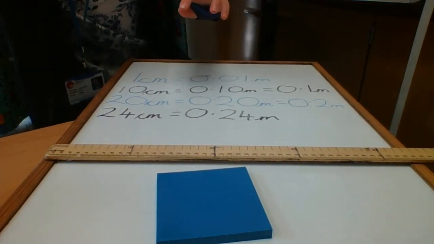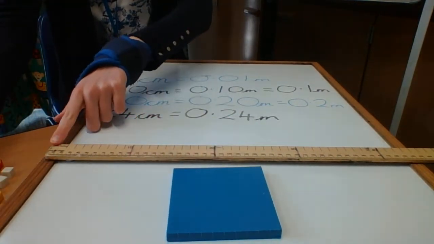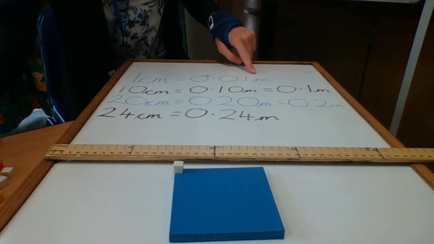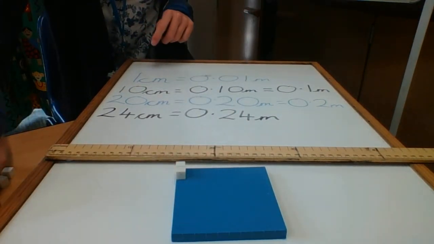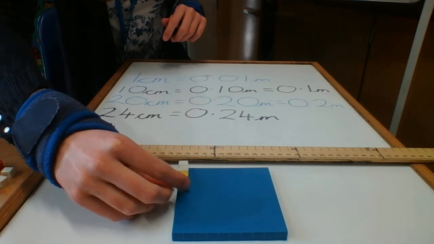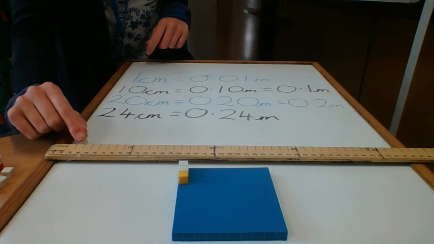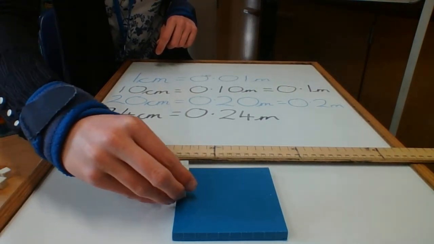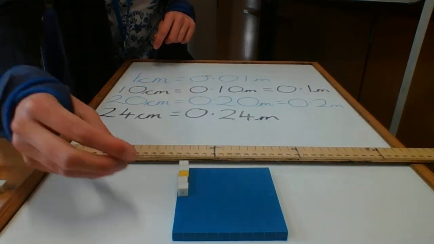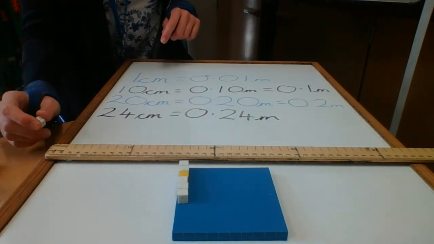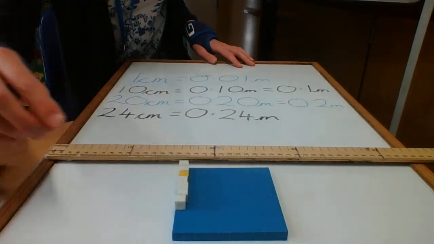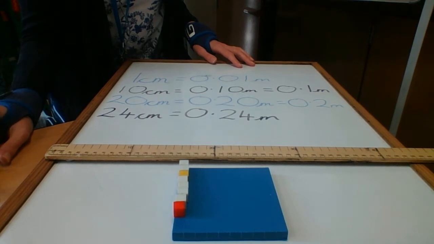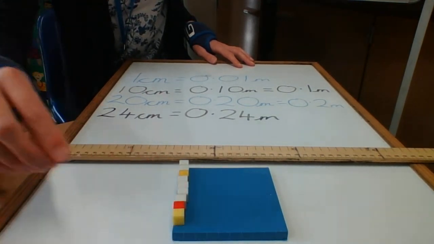So let's count together in hundredths. We've got 0 hundredths there at the moment, 0. 1 centimetre is the same as 0.01 metres. 2 hundredths is the same as 2 centimetres or 0.02 metres. 3 centimetres is the same as 0.03 metres. 4 centimetres is the same as 0.04 metres. 5 centimetres is the same as 0.05 metres. 6 centimetres is the same as 0.06 metres. 7 centimetres is the same as 0.07 metres. 8 centimetres is the same as